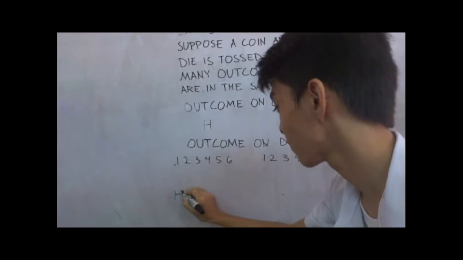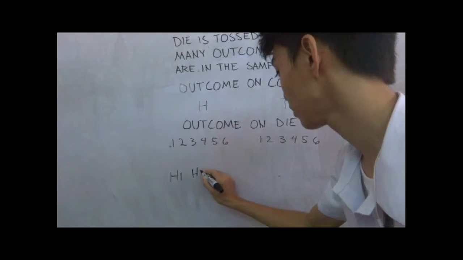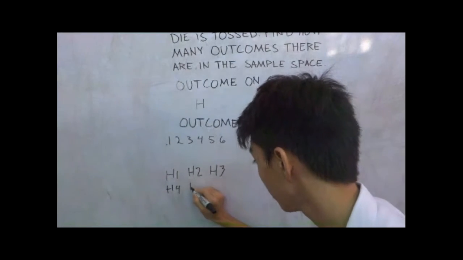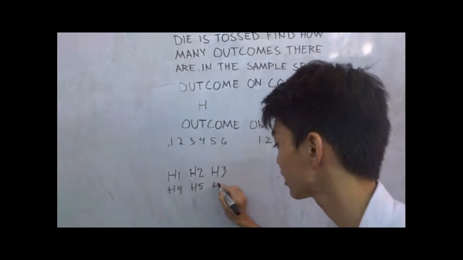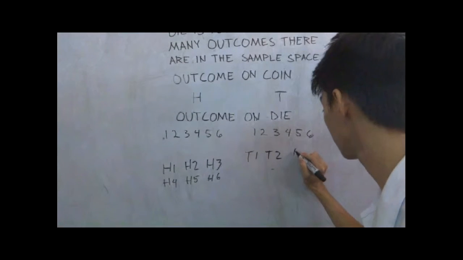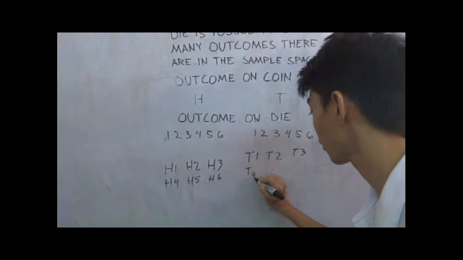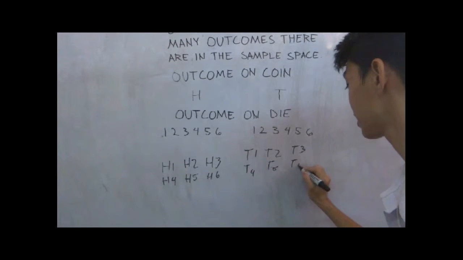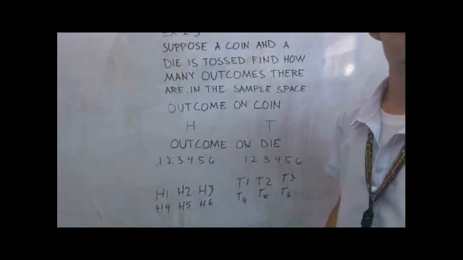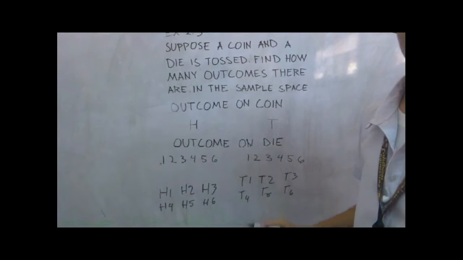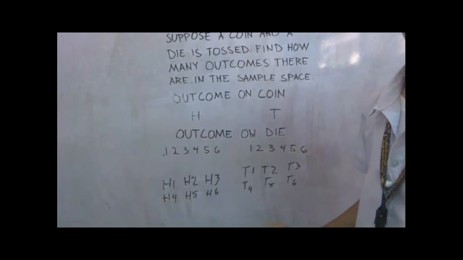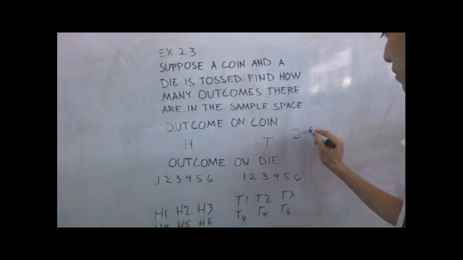So it has H1, H2, H3, H4, H5, and H6. And in tail, T1, T2, T3, T4, T5, and T6. Hence, by means of these diagrams, there are 12 outcomes. Applying the basic principle, there are 2 times 6 equals 12